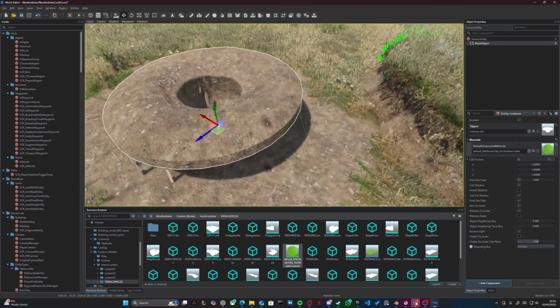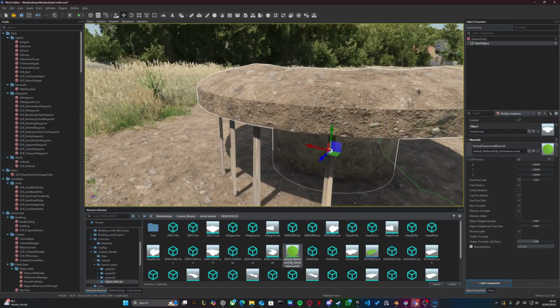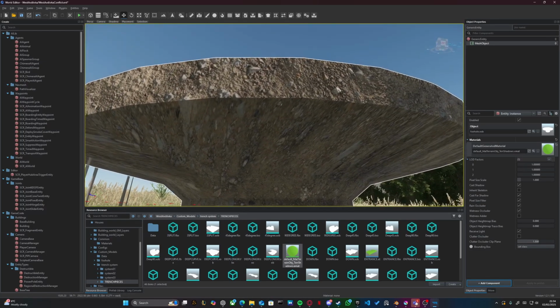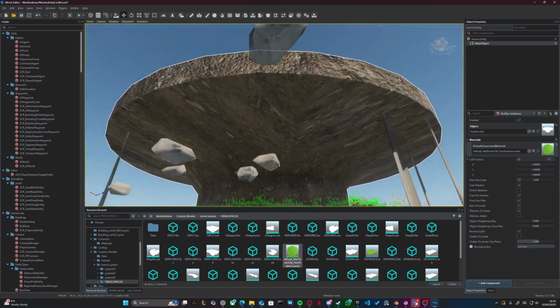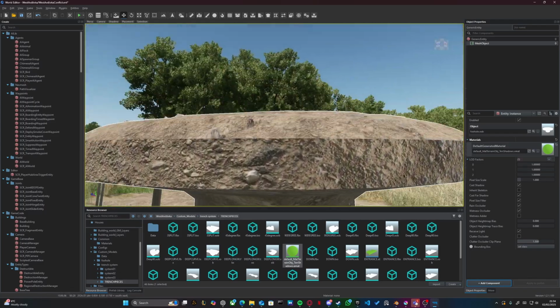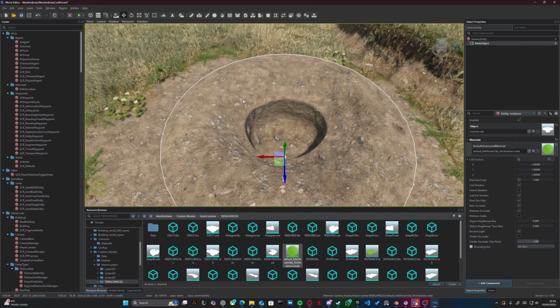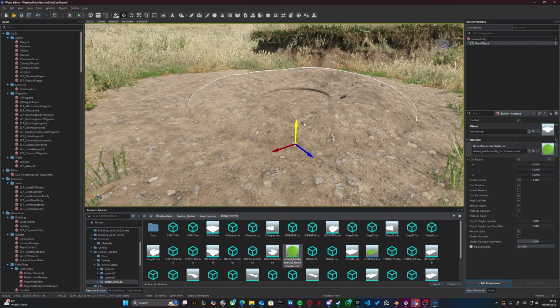Now, I don't think we covered UV unwrapping. Yes, we didn't cover UV unwrapping. I will cover that in the next video, show you guys a little bit of UV unwrapping. For some reason it looks alright, but I will cover UV unwrapping because it is an important